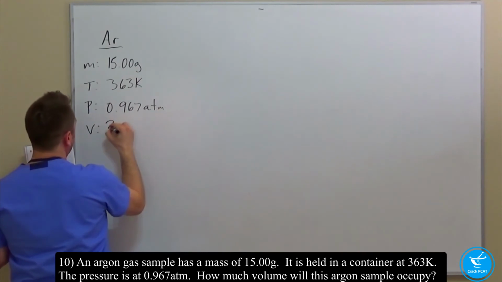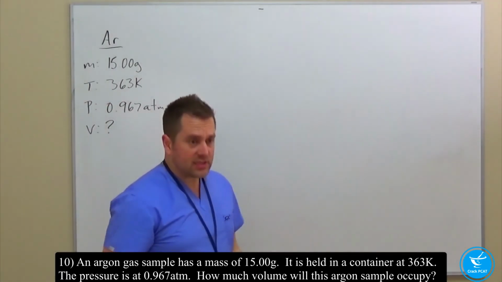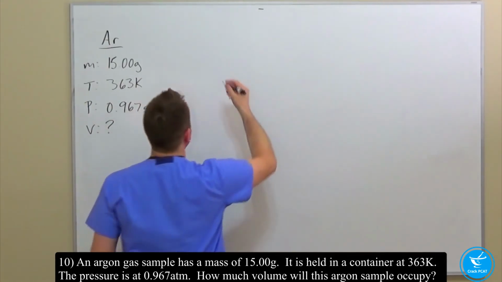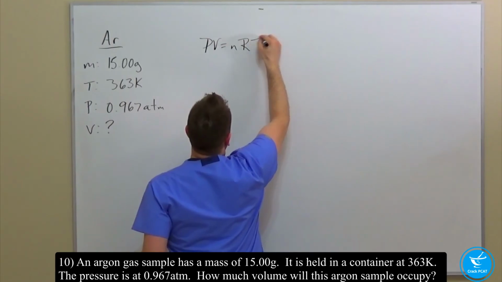That's what we're looking for. How much volume will this sample occupy? So let's think about the equation. PV equals nRT. Well, right away we don't